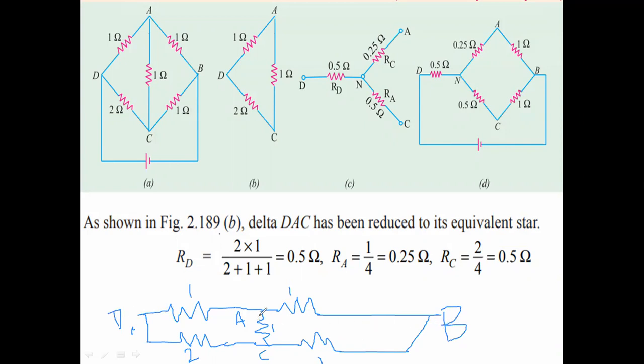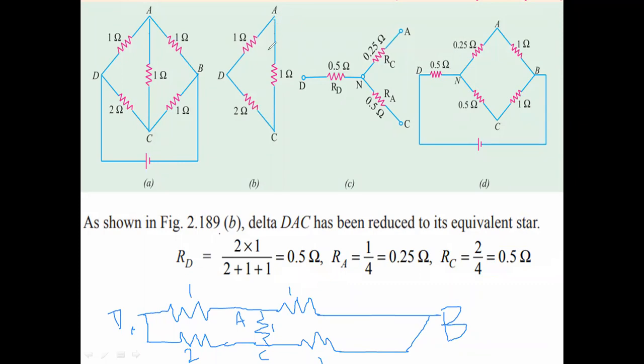But we have an additional resistance across A and C, so this makes it difficult to simply reduce the resistance. Okay, so in such situations we can use the delta to star network conversion. So, delta to star network problems. In this problem you can observe that ADC is formed as a delta.